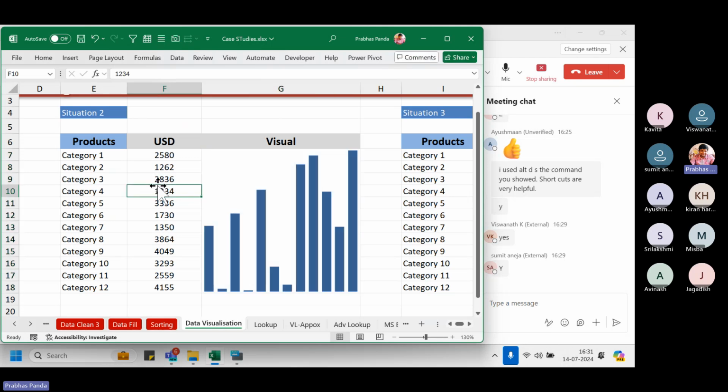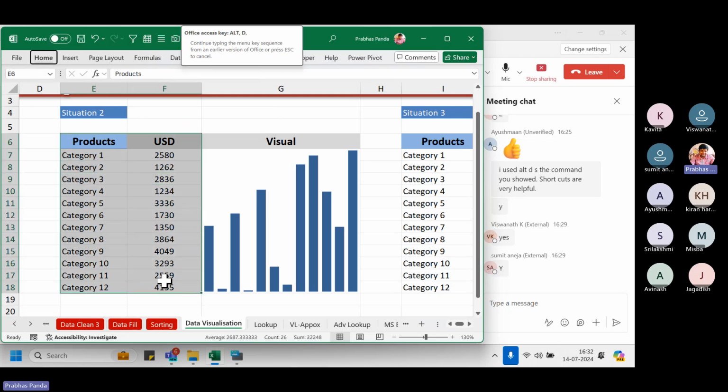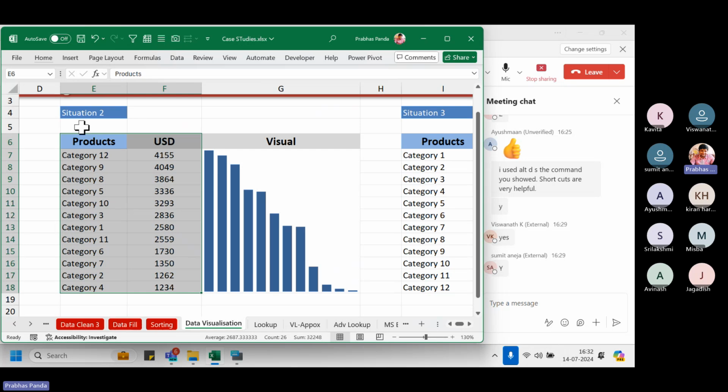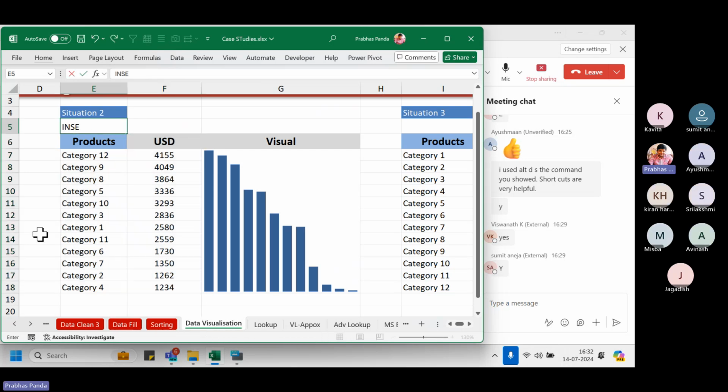But I told you, when you are presenting your data, make sure your data speaks a beautiful story. So you can select product and USD and go for data sorting, sort by USD column and choose the order largest to smallest. So is it turning up with a beautiful story? Yes. So where is this option available? Insert,